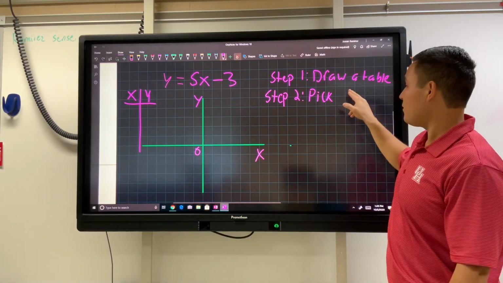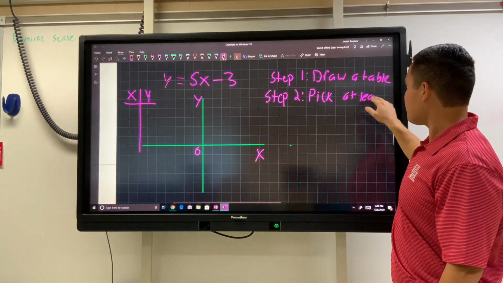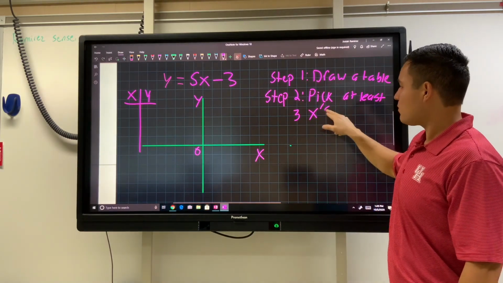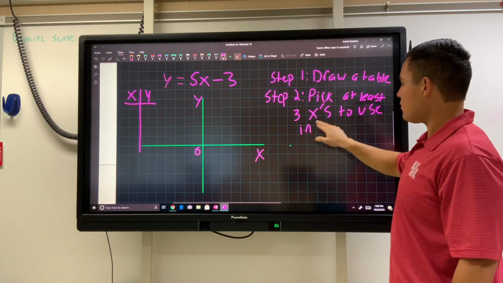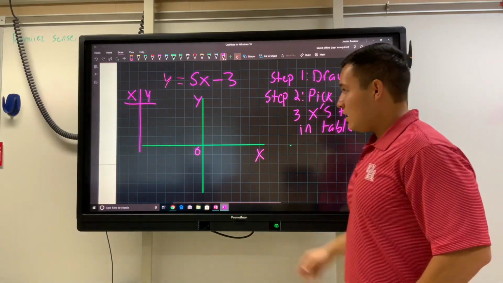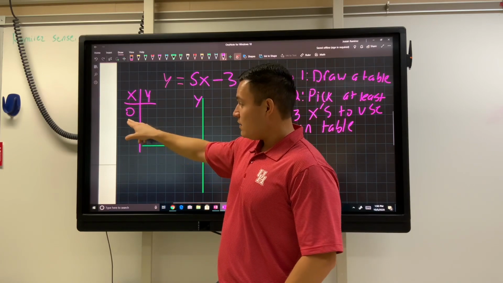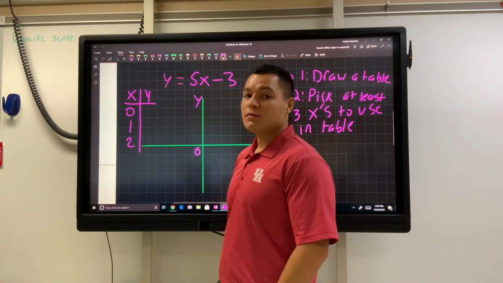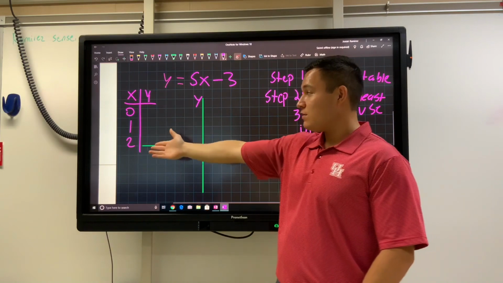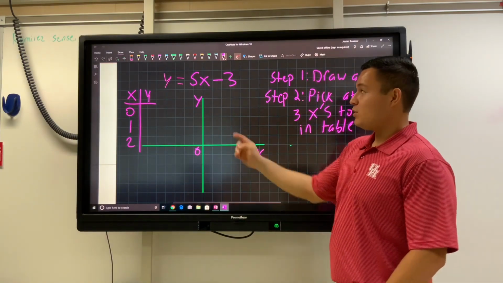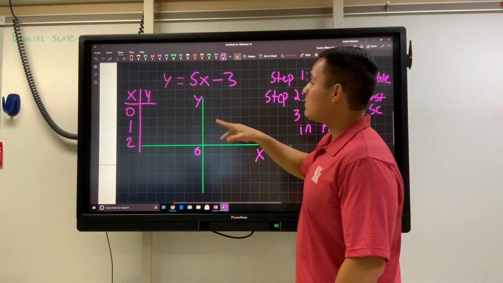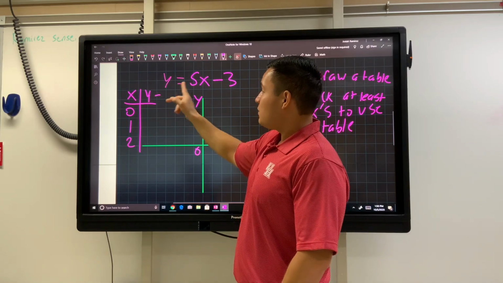So at least 3. The easiest x to use is going to be 0. The next easiest is 1, and then 2. 0, 1, 2 are the easiest numbers we're going to plug in for x. Y is equal to that equation,